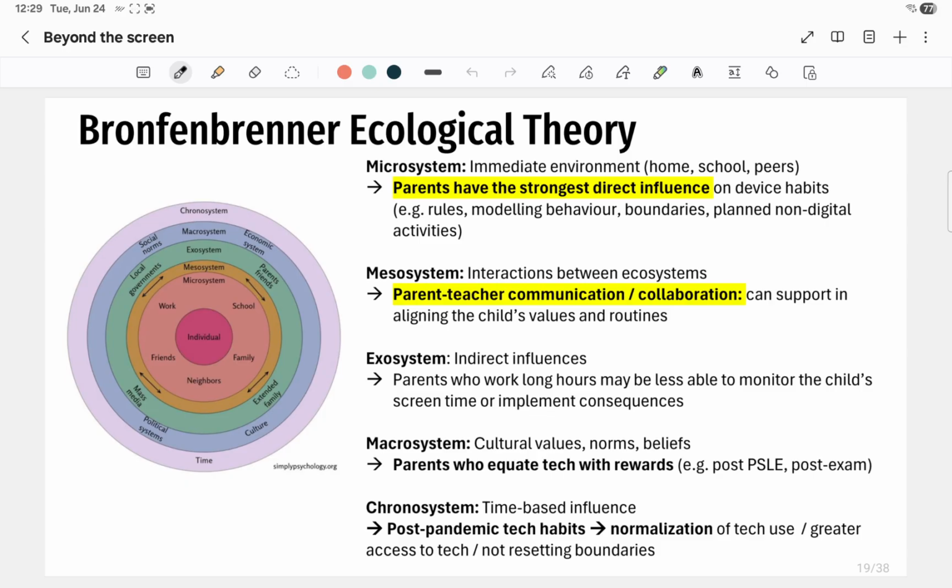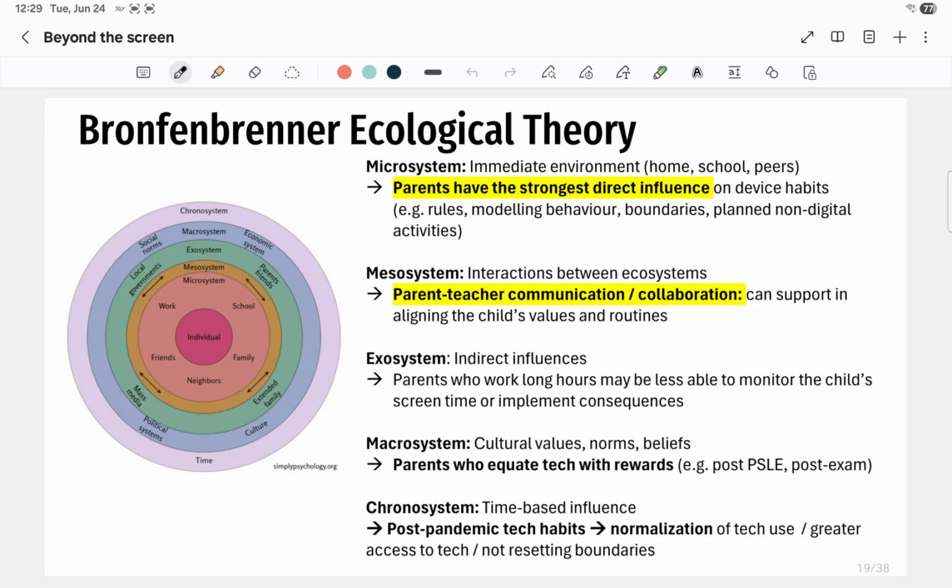Yeah, then we can also look out for external influences, because the reality is that a lot of families are dual income families. Some parents have very different work schedules whereby they may not be able to monitor the child so often. Yeah, so this is the reality of it, and that's where we have to guide the parents on thinking of substitutes instead. Then we also have to address some maybe cultural norms, cultural beliefs, because we know of families whereby there's absolutely